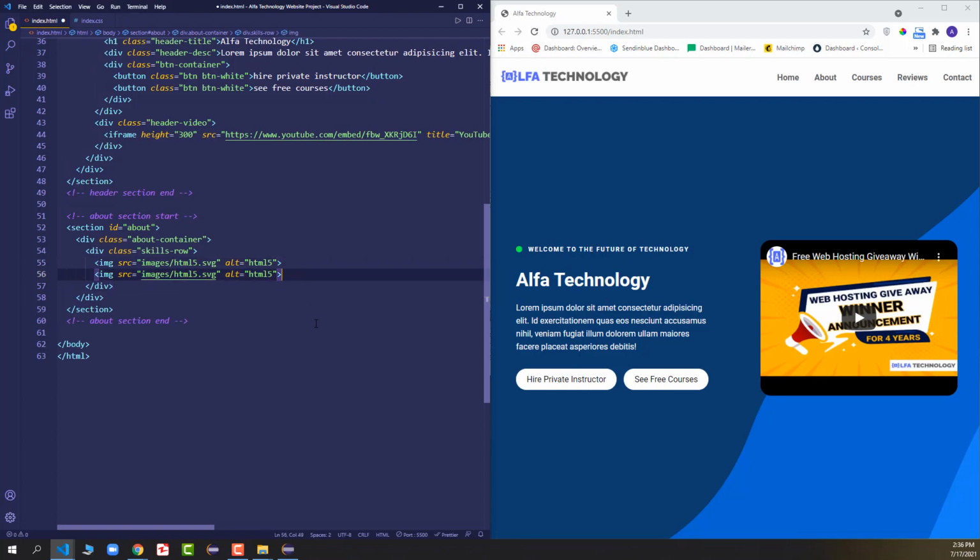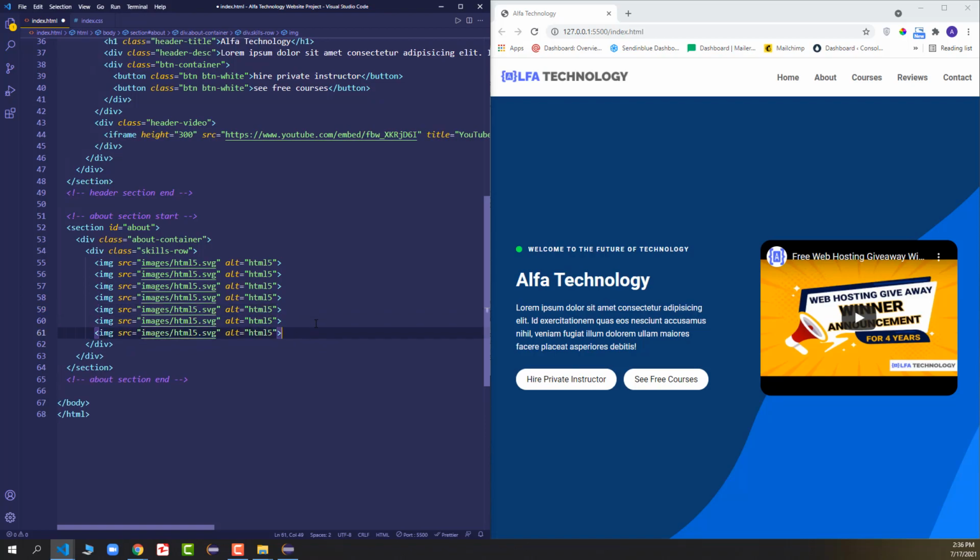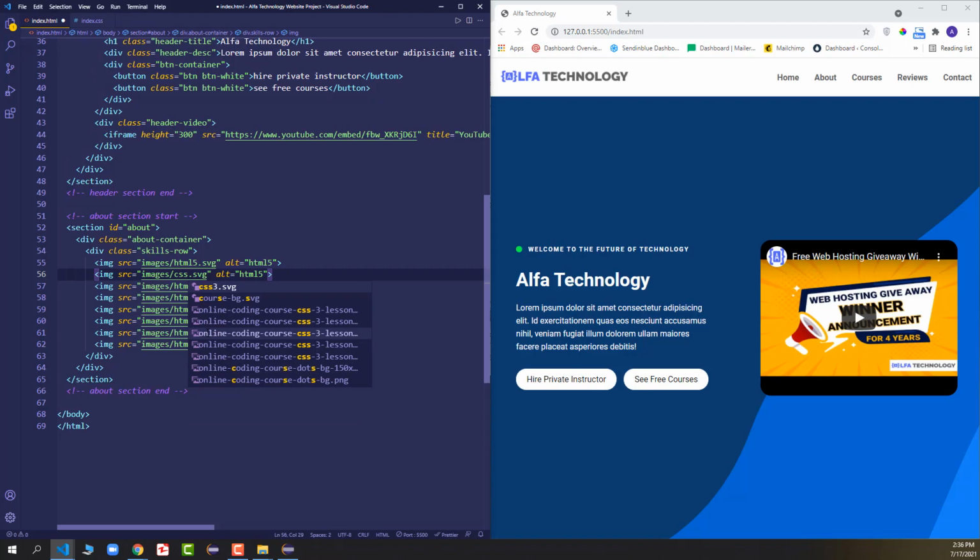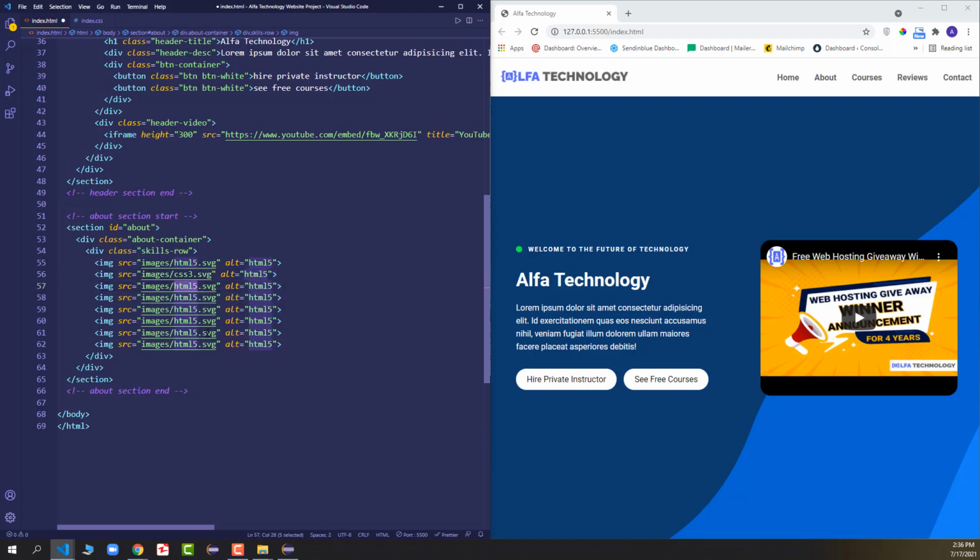I will copy it 8 times because we have 8 images, and then let me just change the names to css3.svg, javascript js.svg, and then we got node.js.svg, python.svg, react.svg, and then vue.js.svg, and finally we have angular.svg.